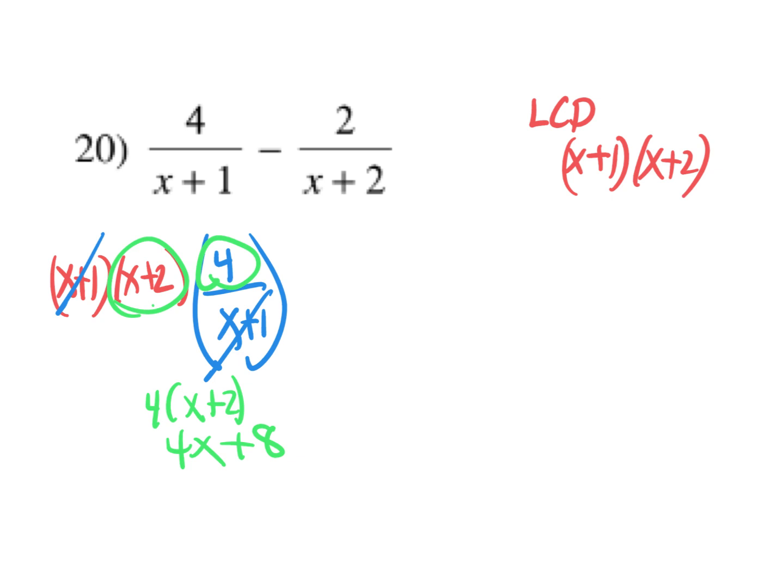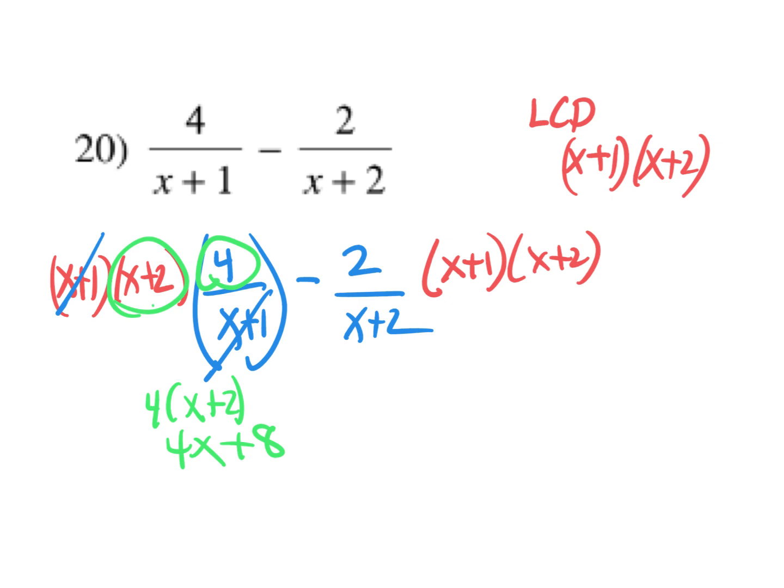And then I'm going to look at my other fraction, and I'm going to multiply that other fraction, negative 2 over x plus 2, by that same lowest common denominator of x plus 1, x plus 2. And so we can see that our expression x plus 2 will cancel out, and then what I will be left with is a negative 2 times x plus 1,